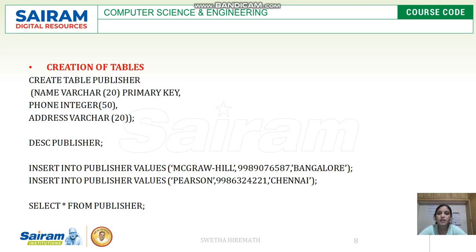So once it is created, we have to use it, that is, we have to work within that database. So we have to give one more command called use database name. The database name is library. So once we give use library with a semicolon and press enter, we will be within that database, and whatever tables are created or whatever queries are executed, everything will be present within that database, library.